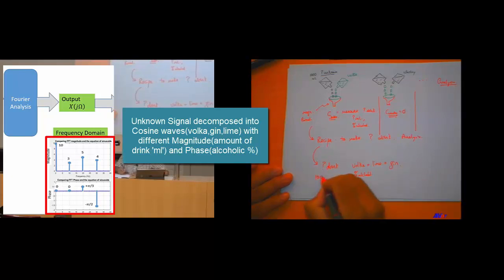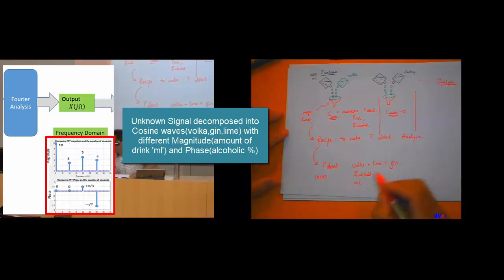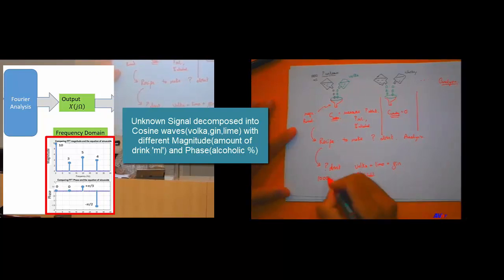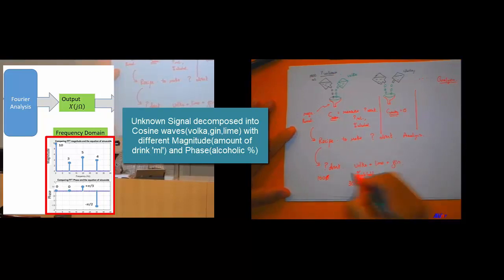Maybe we want to make 1 liter of this alcoholic drink, and we have maybe 30 milliliters of vodka, using a 45% alcohol kind of thing,